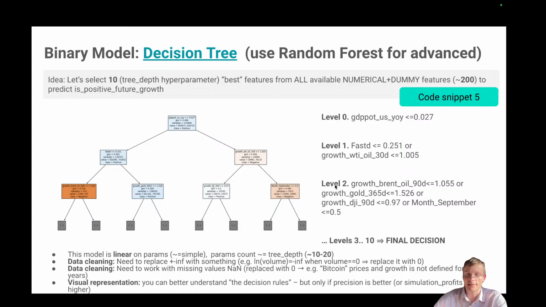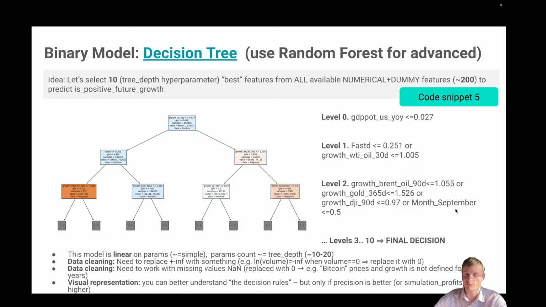At the level number 4, we have 4 different options, and we have growth of Brent oil, of gold, of Dow Jones index, and month September. We used to have month October in the most correlated features, but for this particular model, which treats all features together, we have month September